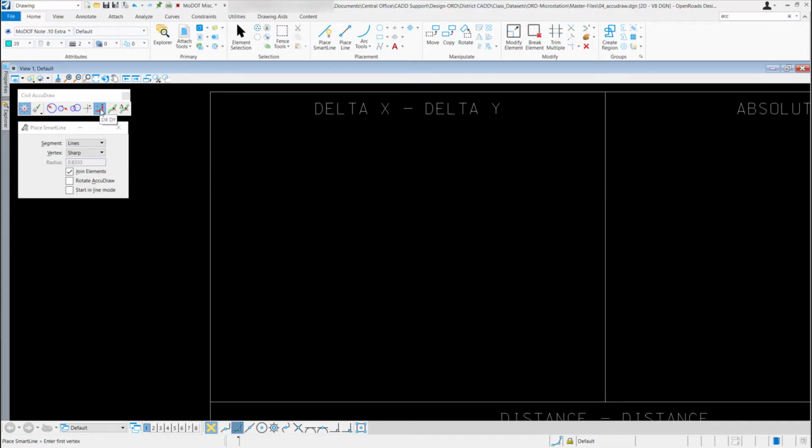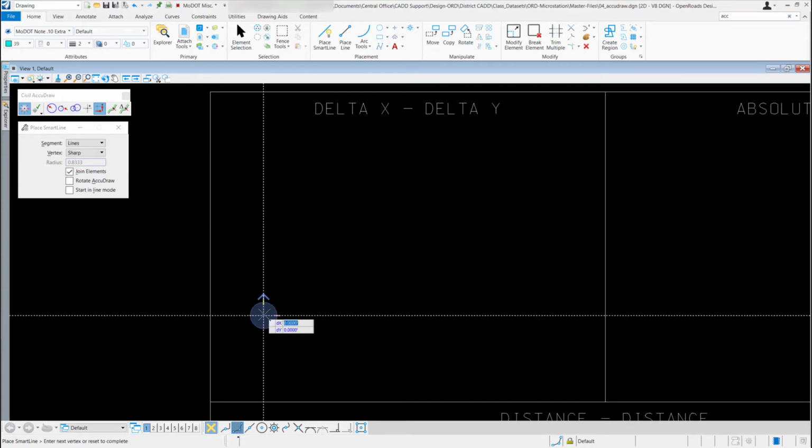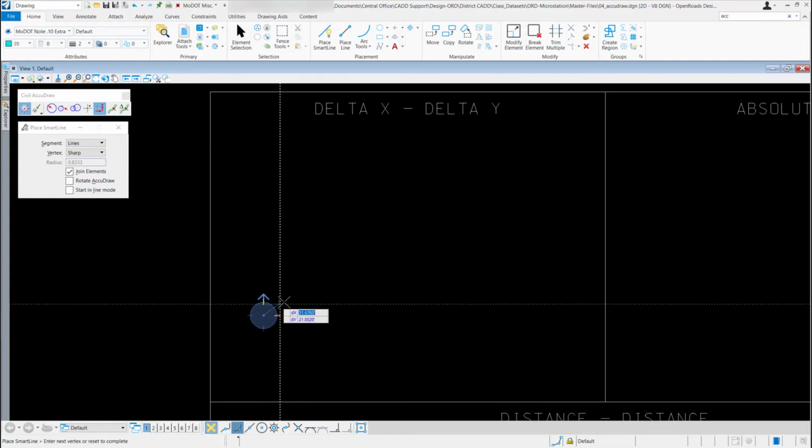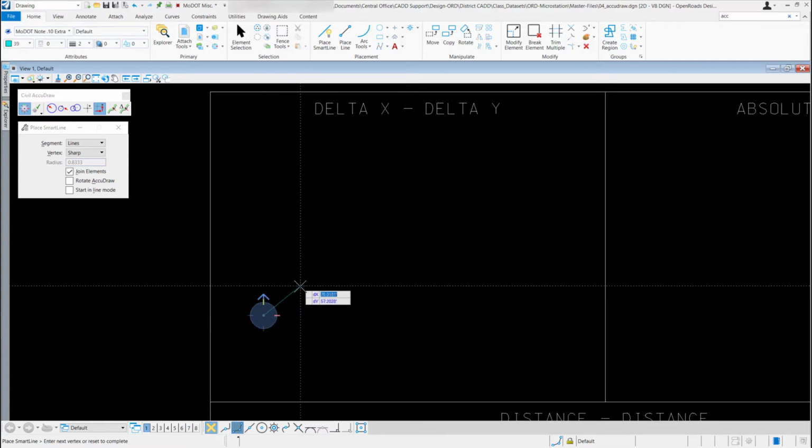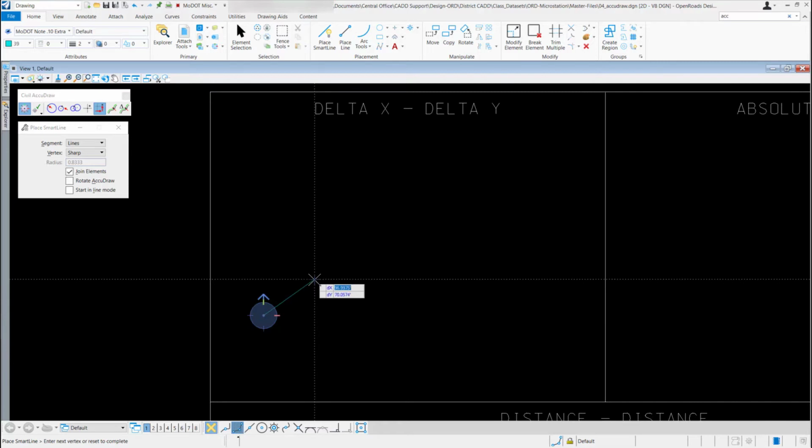mode. Now I'm just going to come out and left click to start my line, and you'll notice now that my DX and my DY are now 0. So now when I place my next vertex, it's going to be coming the distance off of that point. So if I know my X direction is 100 and my Y direction is 100, I can type those in. You'll notice right now that my DX value is highlighted blue. So if I type anything in right now, it's going to type it in the DX field.